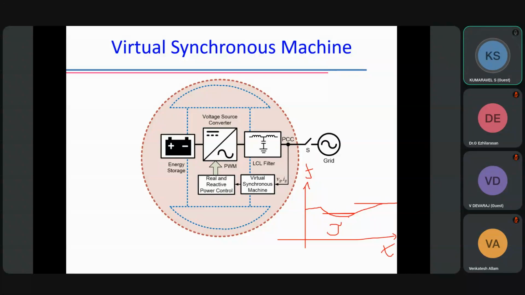Particularly, if you take solar panels or modern batteries, they never have a rotating body. The moment it does not have a rotating body, it will offer lesser inertia. I already told you the advantage of inertia. That advantage you cannot expect from solar PV. In a sudden moment it will lose stability. So the more solar you integrate, the weaker the stability. You get poor stability. That is one of the major problems the entire country is facing now.